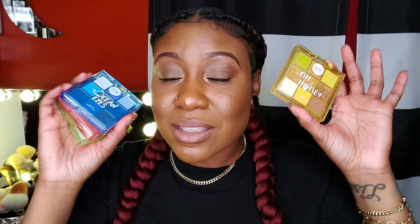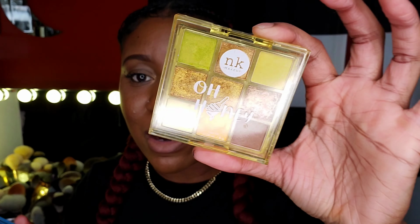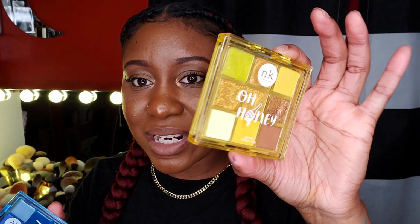And last but not least, these palettes right here. When they came out with these, I was like, listen, y'all need to calm down, okay? Like, seriously, what y'all doing? I'm like, look at the packaging. So cute. I know people have done this before, but I mean, at the beauty supply store, like, come on. This is so freaking cute with the transparent type of packaging, but it's like that neon type of